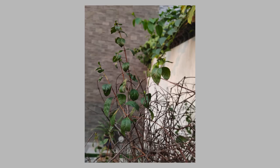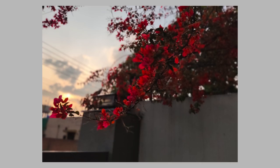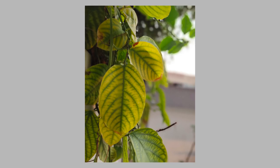And it's pretty decent. The images have nice vibrancy. They are saturated. It has good processing going on. And thanks to the night mode, it does